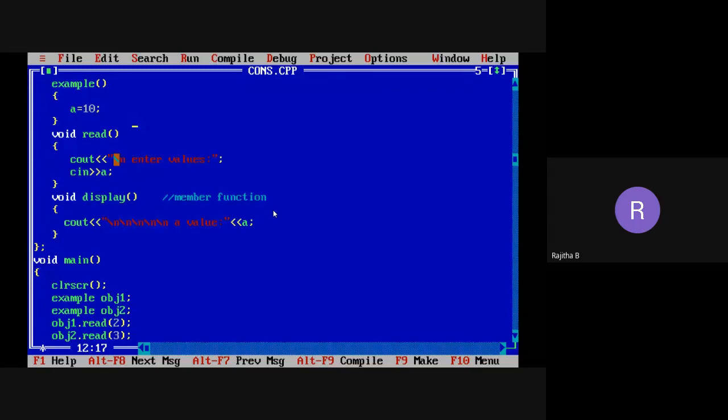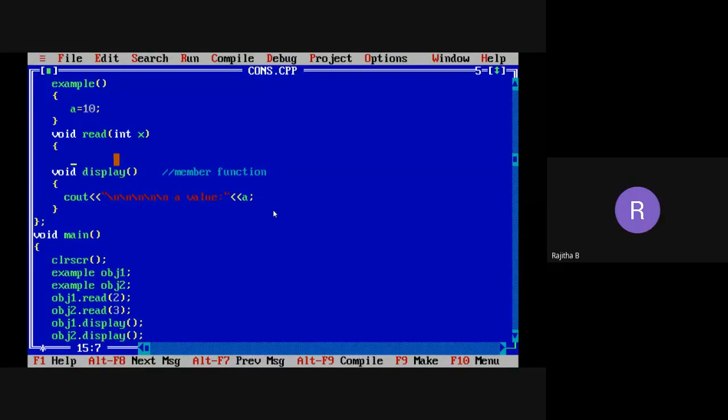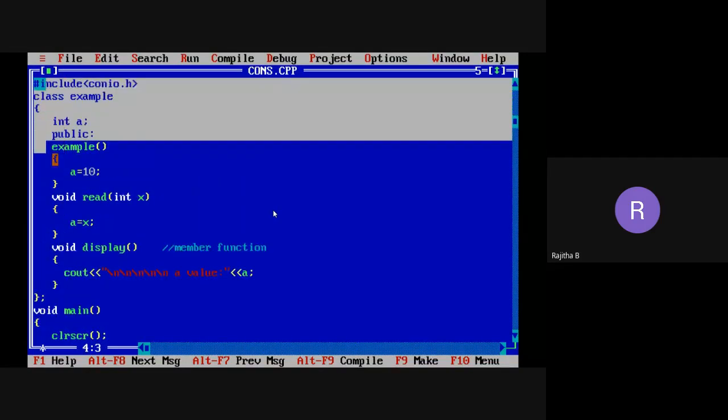Now I'm taking the parameter here, read(int x). So instead of reading the value, I want to assign the values here. That is, I want to take A equal to x. I'm going to remove this particular constructor.